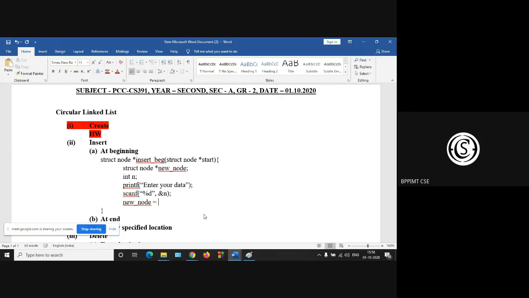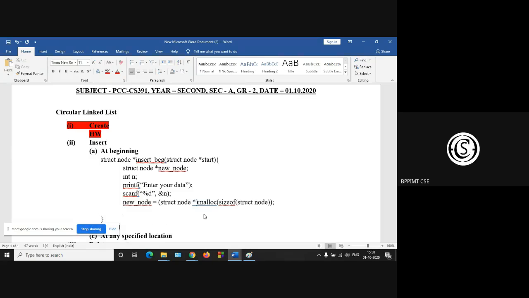So how to create the new node dynamically? Using malloc. So first one is the typecast, struct node. And second one is the byte size, so using the sizeof operator, sizeof struct node.